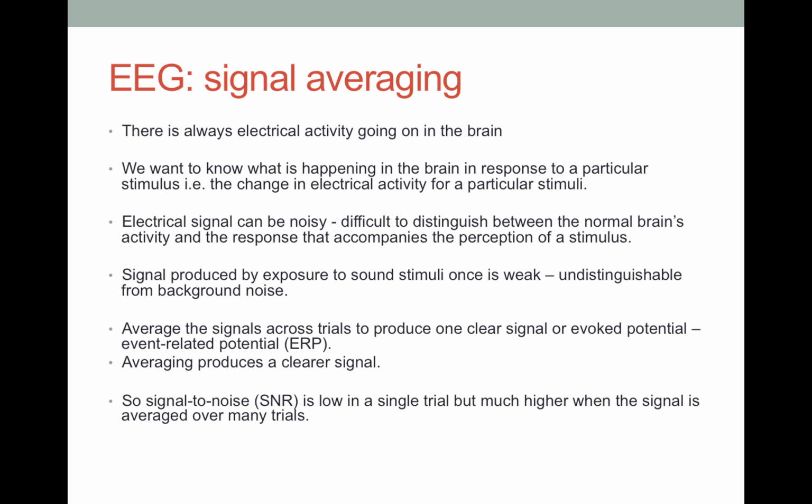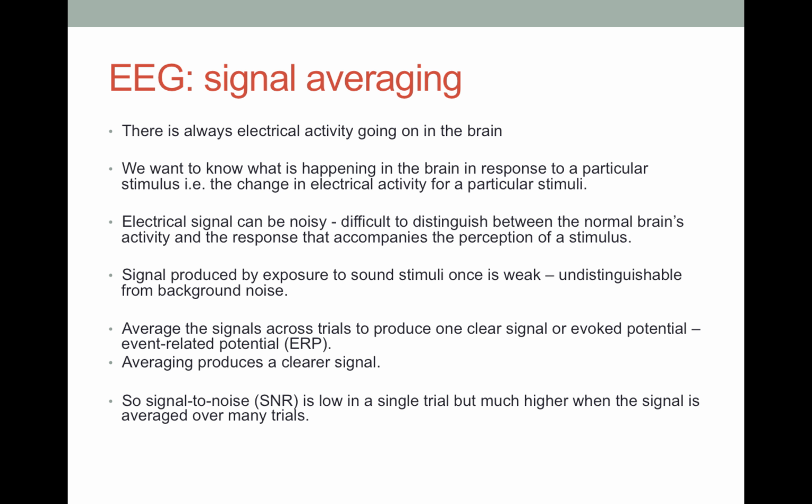This is because it is difficult to distinguish between the normal brain's activity and the response that accompanies the perception of a stimulus. If we were to present a sound, for example, to our participant, the signal produced by that sound might be so small that it is difficult to detect from all the background noise that is going on in the brain. We would probably need to present the stimulus or tone more than once. We average the signals across trials to produce one clear signal or evoked potential, often referred to as an event-related potential. The potentials are event-related